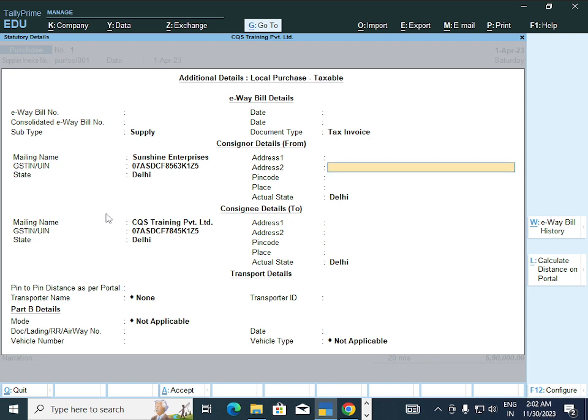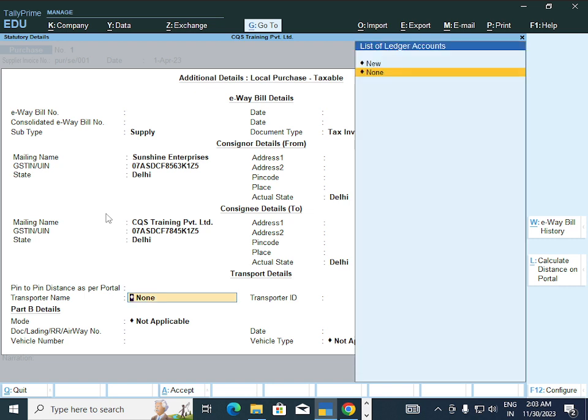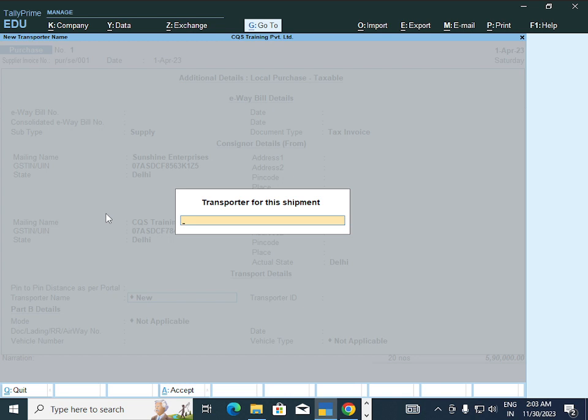You need to press enter. After enter, transportation name. So here we need to type a new name, and the name is Manoj. My transportation agency person is Manoj.